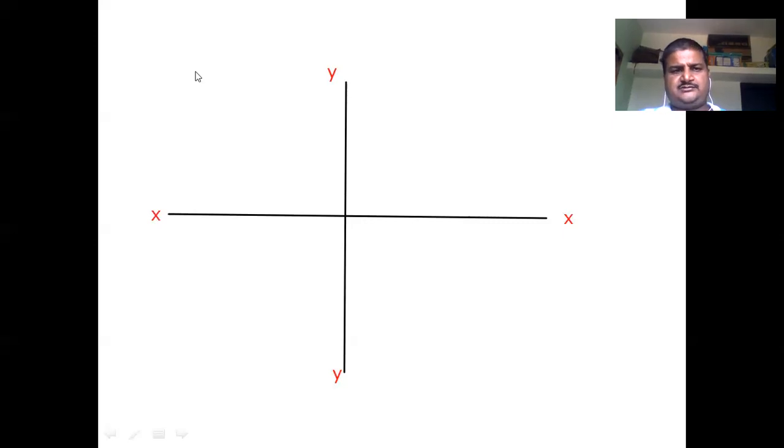Now what I will do, I will draw it in a 3D manner. 3D manner means what? I'm going to present a plane over here. And how can I present it? Just look towards your screen very carefully. I will extend its third dimension.